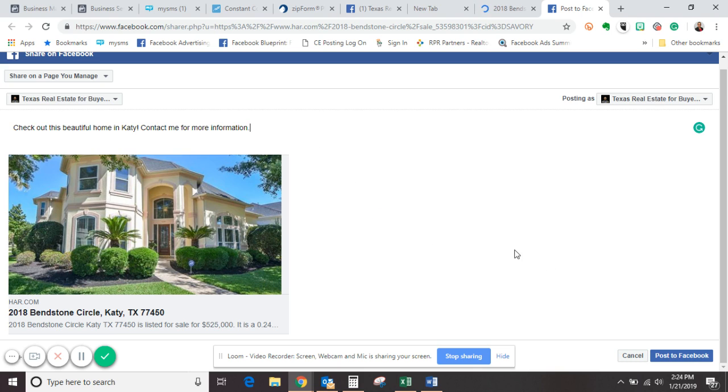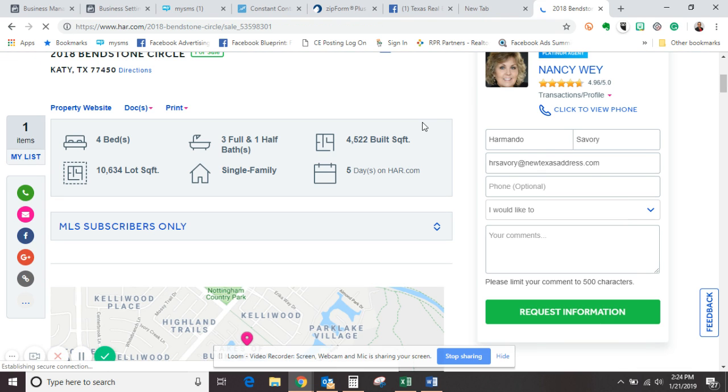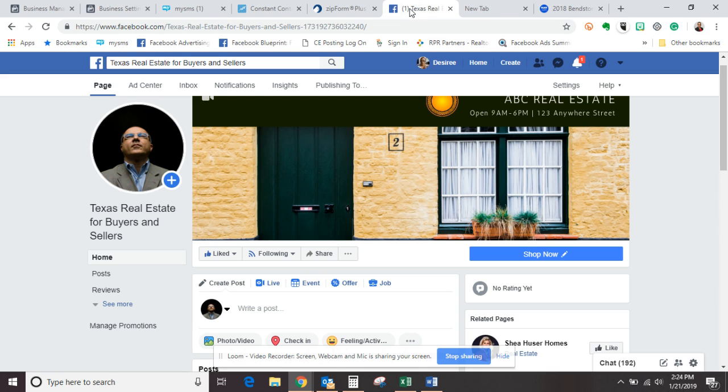And then over here to the right hand side, at the bottom right, you can select Post on Facebook. Select Post on Facebook, and now the property will be listed on your Facebook page. When you go back into your Facebook page,